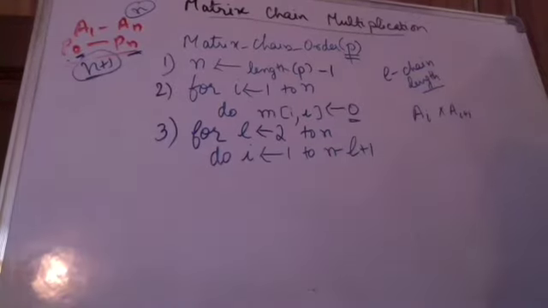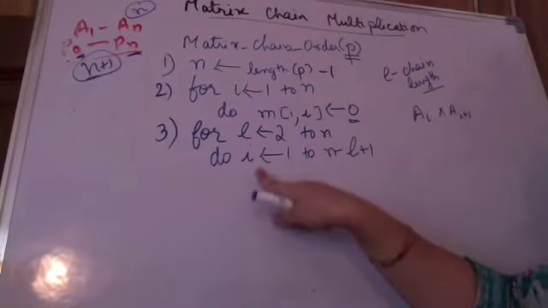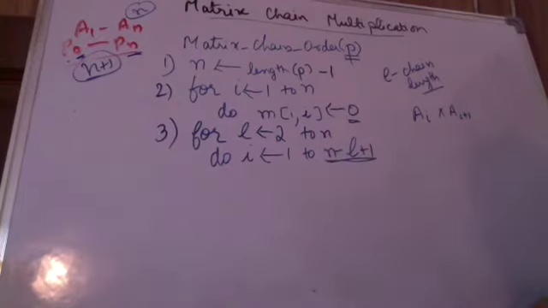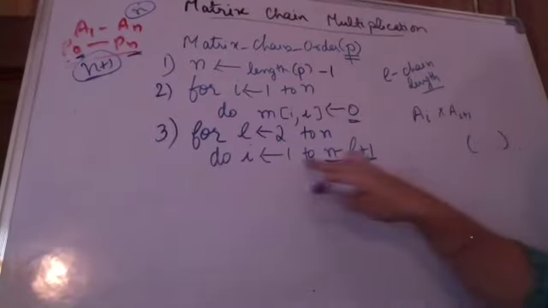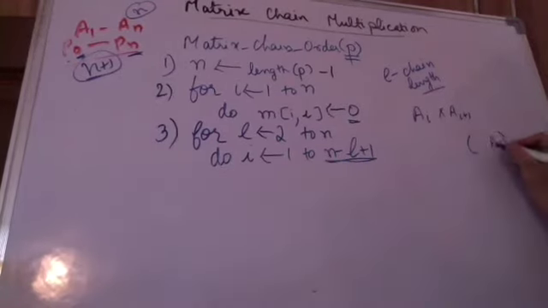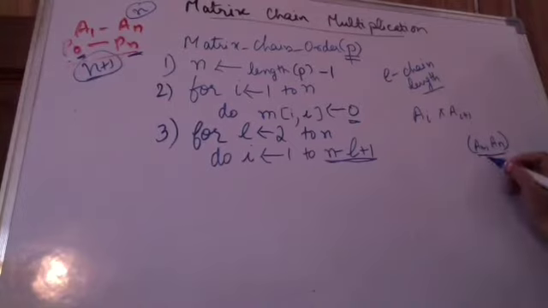Okay. So I am running another loop which is running from I equal to 1 to n minus L plus 1. What is n minus L plus 1? It is where the last chain will run, from where to where. For the first matrix, I starts from A1, right? The last chain will go till AN. Now if the chain length is 2, that means we have to calculate till A(n minus 1) into AN. Now this beginning point of the chain, what is this? This is calculated by n minus length plus 1.